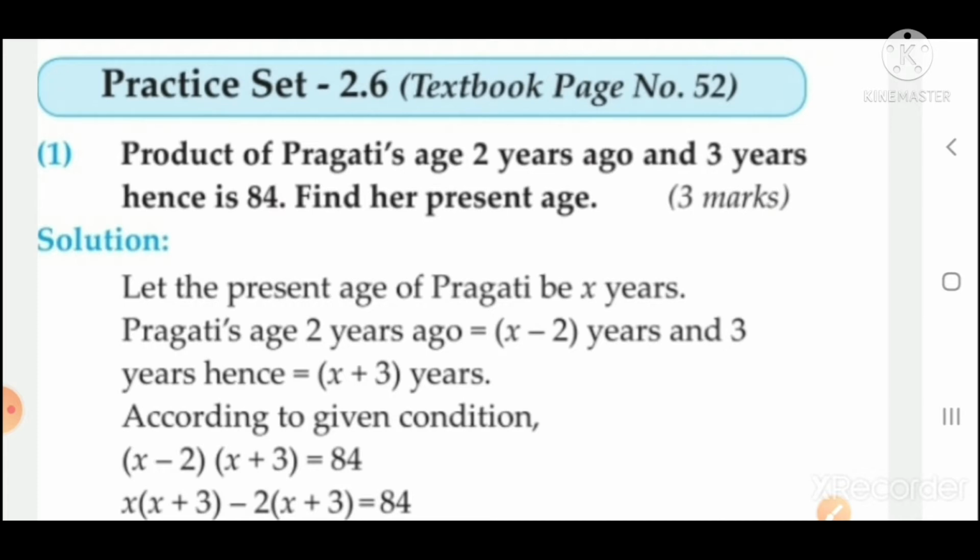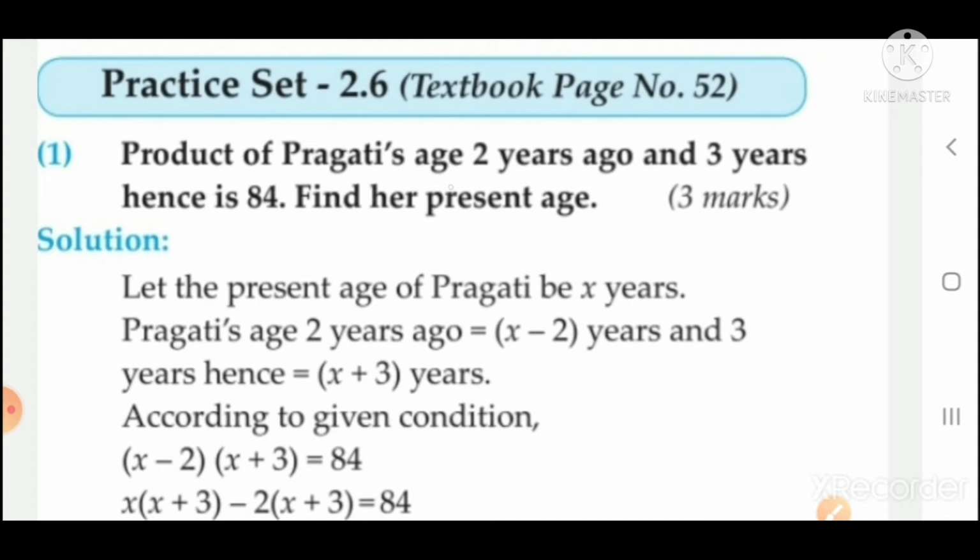Here a bit of difference is there, and you have to form the equation and get the values. So the method is the same as you were doing in the 9th standard. What you have to do, first of all, read the question twice. This question comes basically for 3 marks. Here there is one character, Pragati.